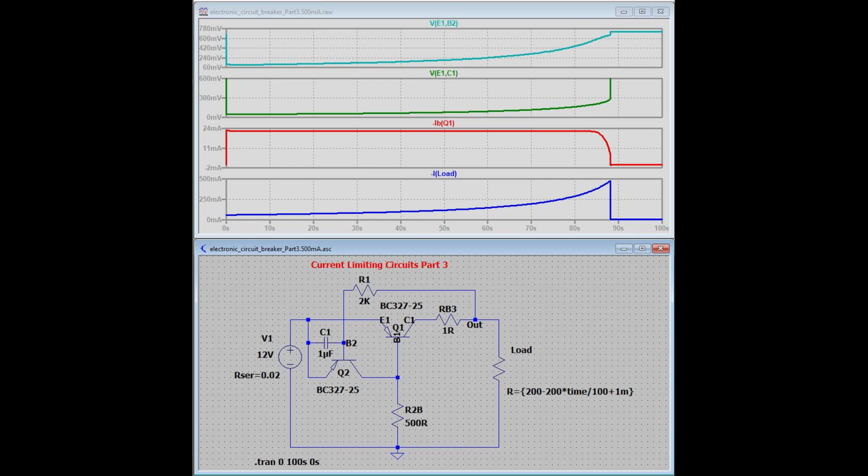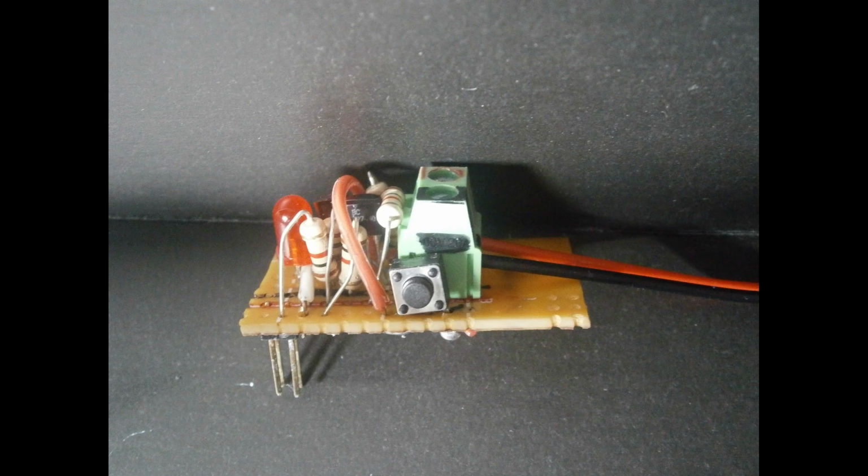With a 1 ohm sense resistor, the circuit triggers with a collector to emitter voltage of 300 millivolts, green line in the picture, and trigger transistor Q2 turns on at around 700 millivolts, cyan line in the picture. In this circuit, I have replaced the capacitor C1 with a switch. This not only allows me to reset the circuit when it triggers, without disconnecting the power supply, but also to